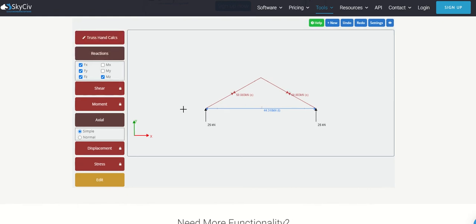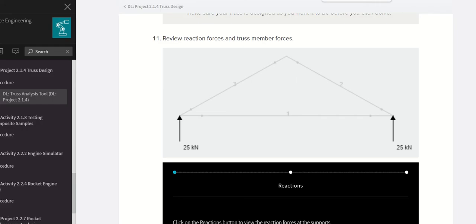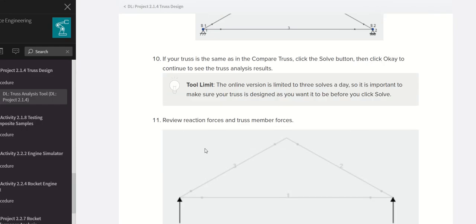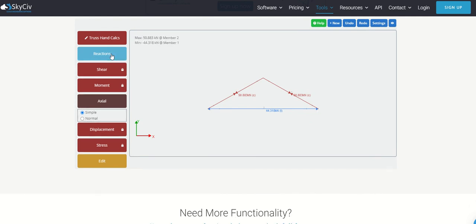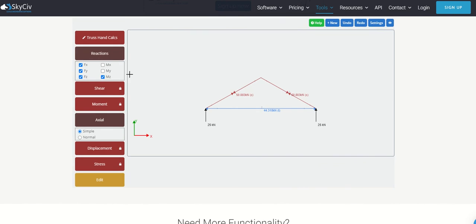So what you need to do is get a screenshot of this, depending on what the instructions are asking you to do. So you need the reaction forces and truss member forces. Reactions. Because pretty much it is this one, only this one, because you have both the reaction forces and the truss forces displayed right here.